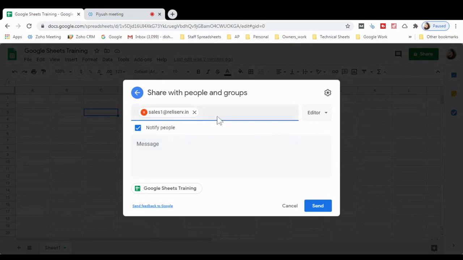If you want to share, no need to download the file, no need to attach it in a Gmail box. Simply click on the share button, type the mail address, and in a single click, an auto mail will go directly to the mailbox of that person. So I hope you understood properly creating the file and sharing with people.